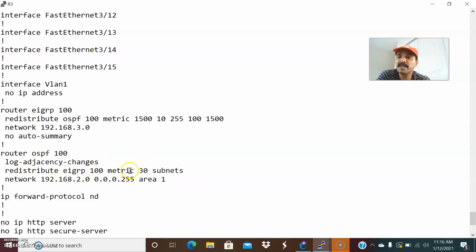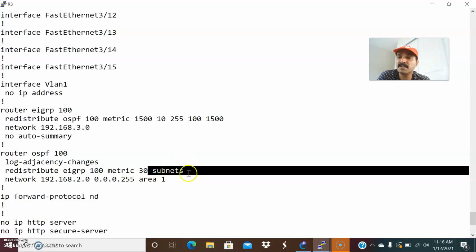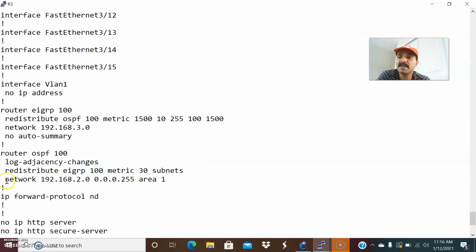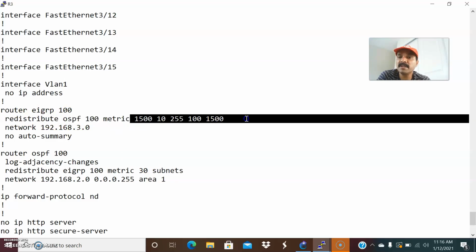Then we have to define the metric. Metric is metric 30 followed by the subnets keyword. This subnets keyword is always mandatory, otherwise it will not redistribute the networks. And followed by the directly connected network I defined. Similarly, in router EIGRP, I have redistributed OSPF. Redistribute OSPF followed by the autonomous system number and followed by the EIGRP metric, right? So this is the configuration I have done.